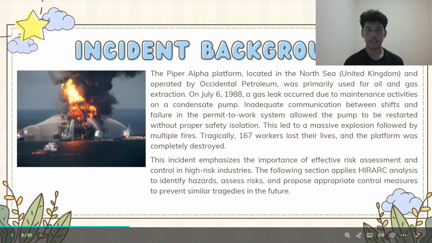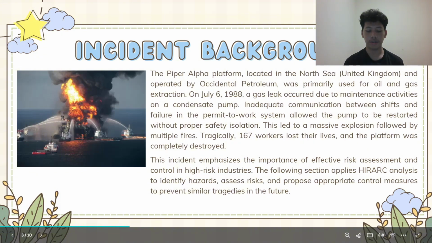Now we go to the incident background. The Piper Alpha platform was located in the North Sea off the coast of the United Kingdom and operated by Occidental Petroleum. On July 6, 1988, a catastrophic gas leak occurred during maintenance work on a condensate pump.